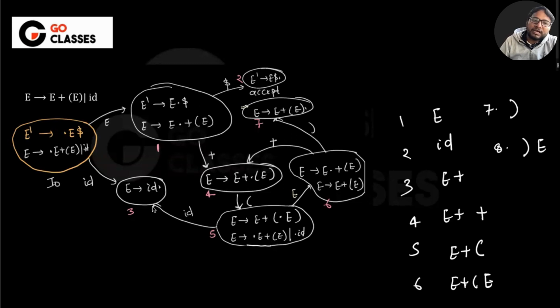So what are the things that can appear on the stack? Can E appear? Yes, because that is leading to a valid state. Okay, E appears, yes. And what about ID? Just ID can appear. E plus, can this appear? Yes, because that is leading to a valid state. So what does this valid state tell you? It means that there's a hope that there is something that can come, and ultimately it can reduce to